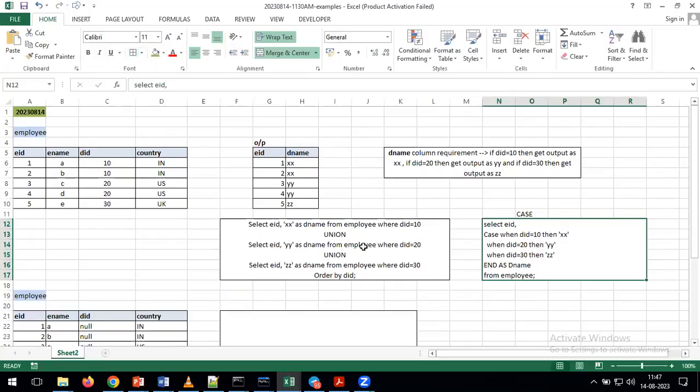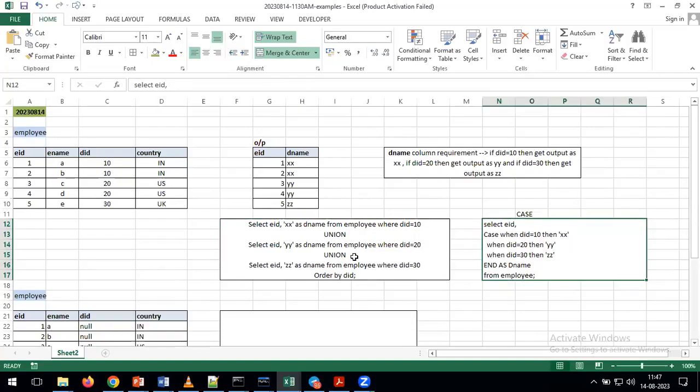But tell me, we can already achieve the requirement by using this query. Then why are we going for this option? It's very simple. What is the advantage? No need to write multiple queries, no need to apply multiple union operators. In a single query, you can achieve the requirement. And how many case statements are we applying? Only a single case statement, to simplify the query and to understand the query in an easy